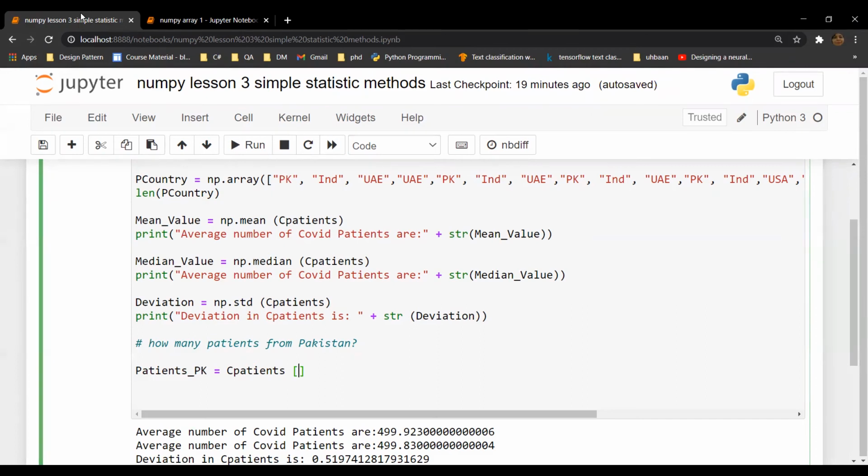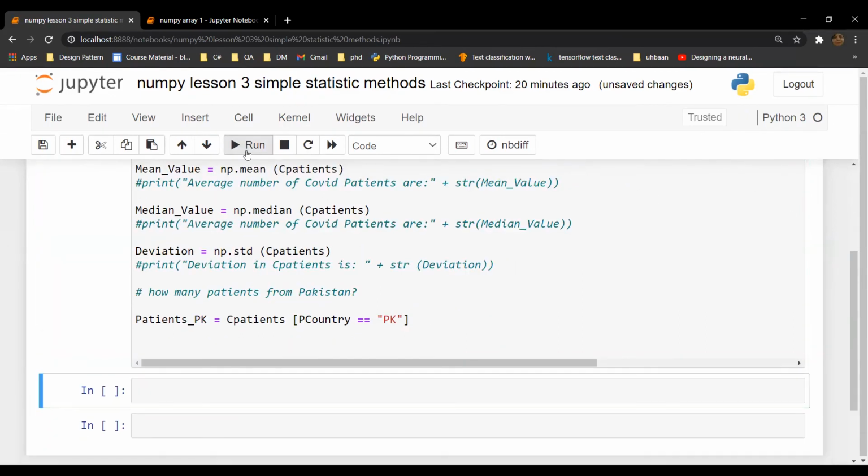The condition is P country is equal to pk. So what I have done is create a new array patients_pk from C patients, and I have given a filter here, P country is equal to pk.